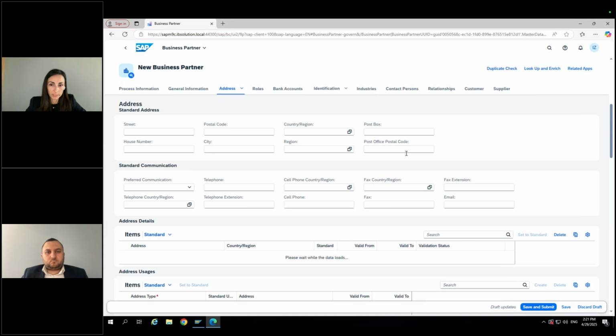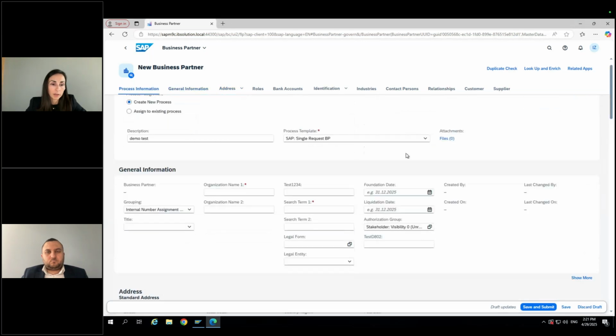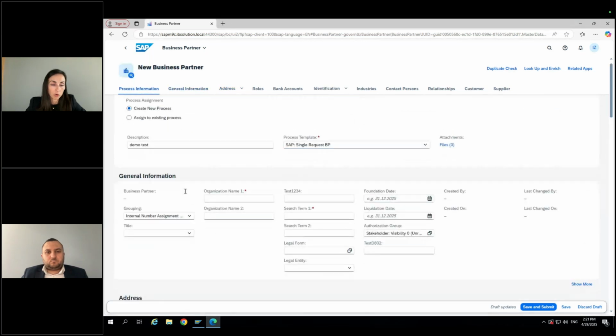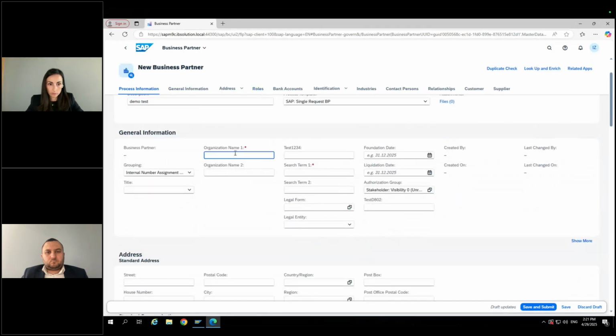But before we see, of course, customer and supplier data, we have to maintain some of the rows, and I would like to show you them. Let's go for a demo customer. Okay, some mandatory fields which are configured as per the customer needs.